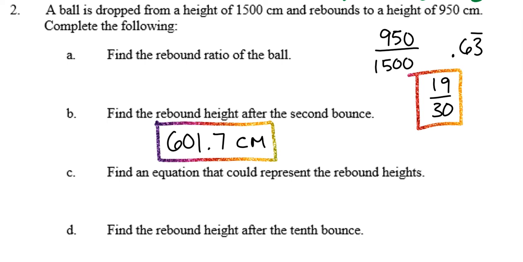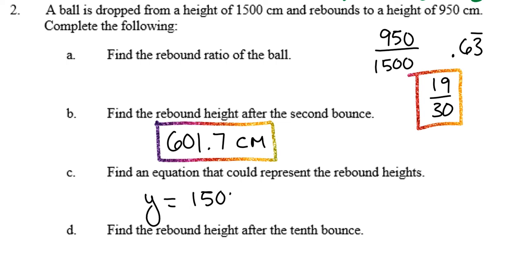Part C says find an equation that could represent the rebound heights. So again, this situation involves repeated multiplication. Every single time the ball bounces, I'm multiplying 19/30ths times the previous height. Because I have this repeated multiplication, the model that we use for this is a geometric sequence. So I could write it with y equals notation, or I could use t of n, but I'll go ahead and write that y, the height of the ball after each successive bounce,